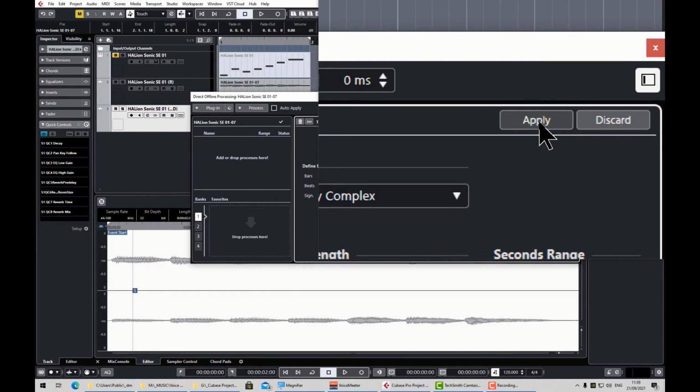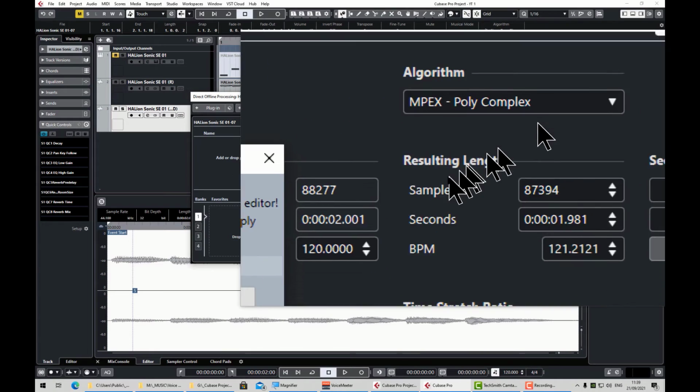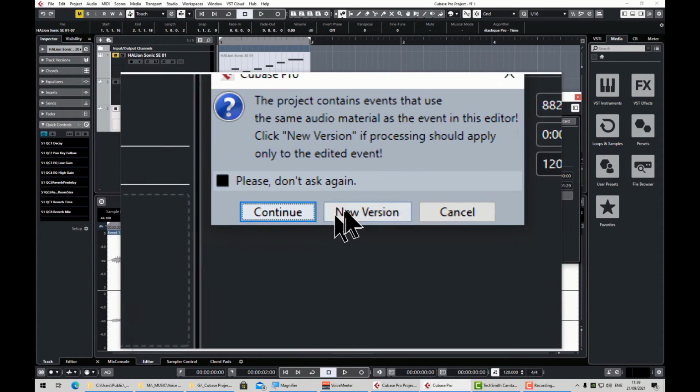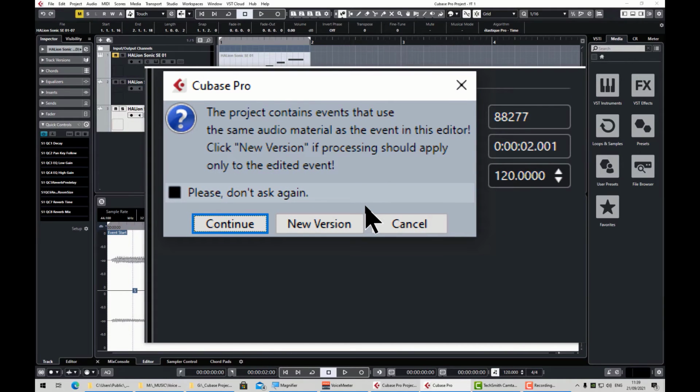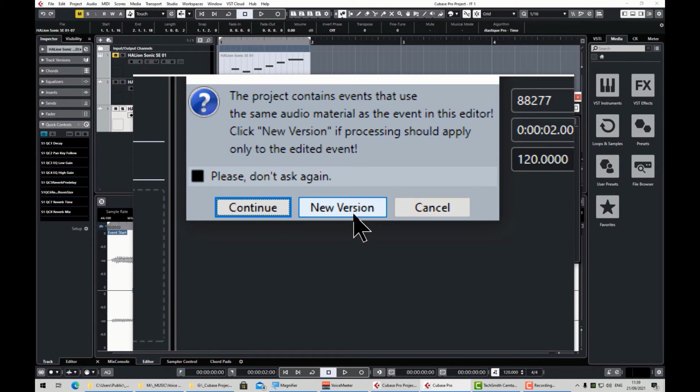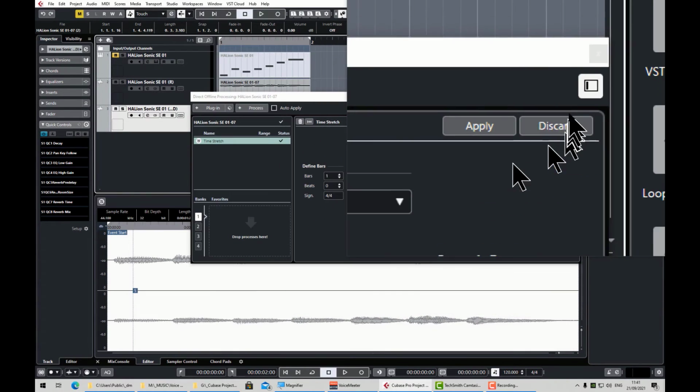So if we click apply, and then we get a little box asking if we want to apply this to the actual audio on the disc or to create a new part, and of course we want to create a new part, so we want a new version. So we can quit